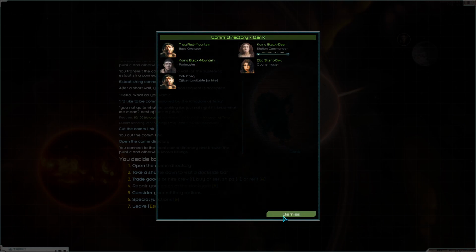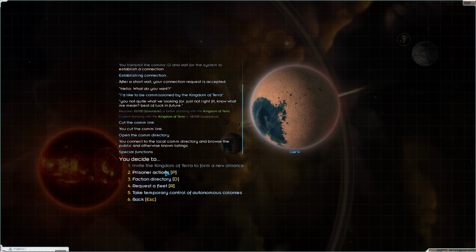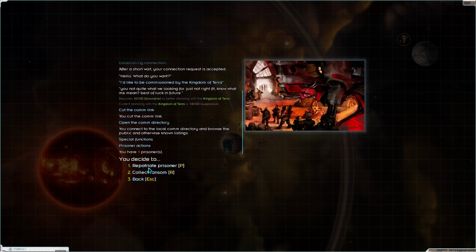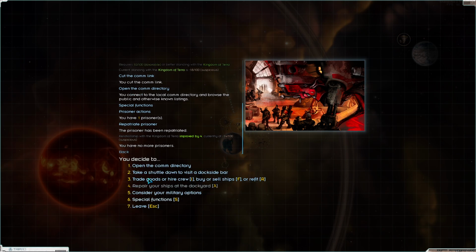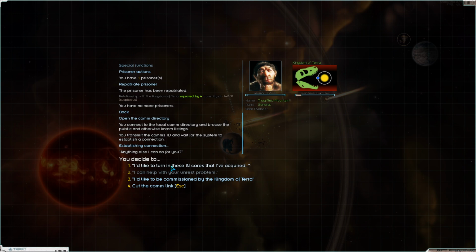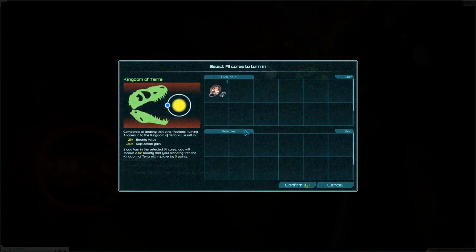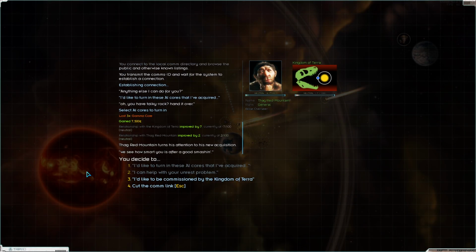I guess that means what we need to do is special functions, like prisoner actions. We can repatriate a prisoner and improve our standing that way. So we're going to turn in some AI cores as well, because I'm not really using those right now, so 7 points for that. And that's a little bit of bonus money. It doesn't do a lot, but more importantly, we're going to jam out to this music because, like I said, we get to spin the...